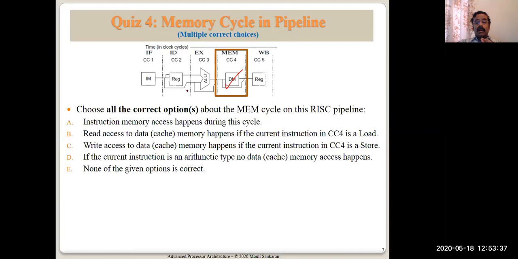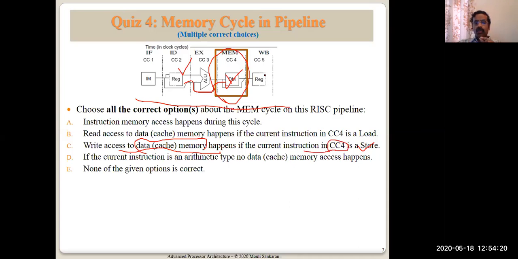That means what? You are trying to execute an instruction which is a store. That means it is trying to store a register value into a memory. So in the whole pipeline, this is the cycle you can access the data memory. When the store instruction is here, it should perform a write operation into a data memory. Now, which register it has to store is decided here and then passed across to this. So a write access to data cache memory happens if the current